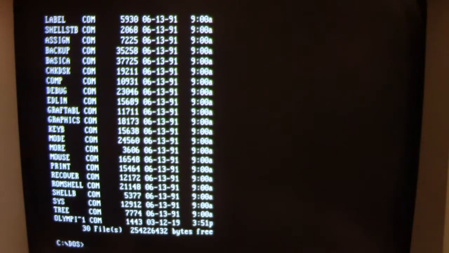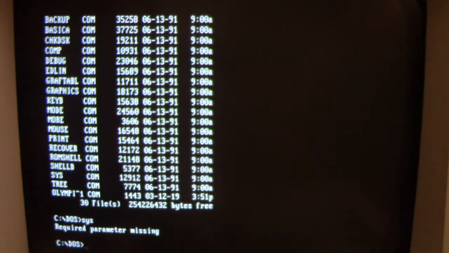Okay, see now sys.com is showing 12,912 bytes. So it is infected with OlympicAIDS now. And if we were to run sys.com again, it would run normally, but it would still infect other .com files as it's run. Plus it will allow us to see the OlympicAIDS payload, which we'll do now. So you see sys.com took a little longer to run there. It still ran like it would because it's asking for the parameters for what we wanted to put system files on, but it searched out another couple of files to infect with OlympicAIDS.